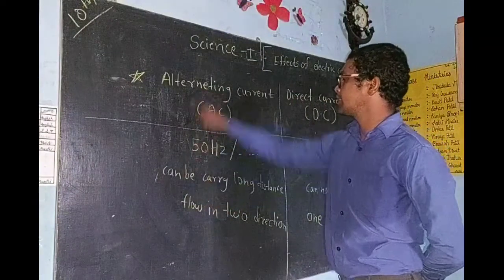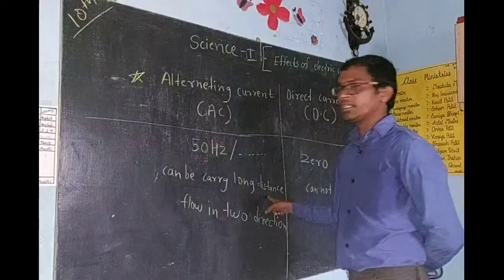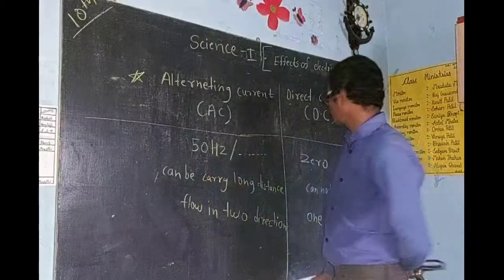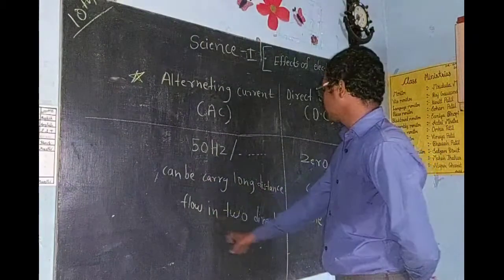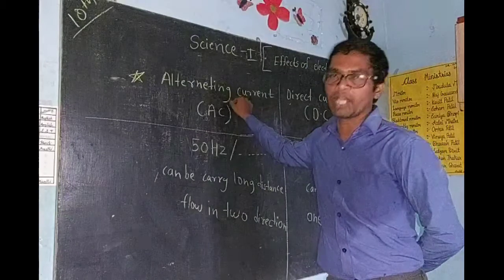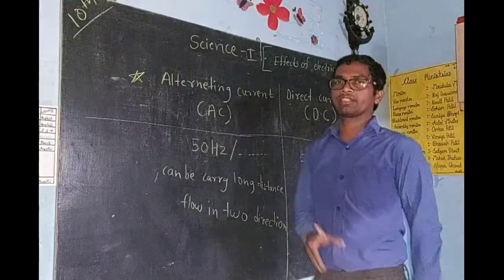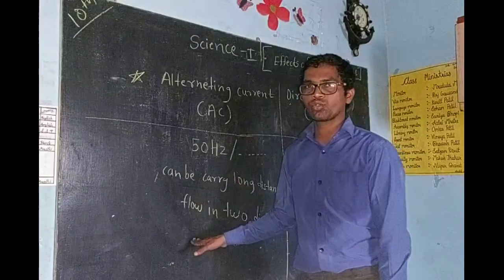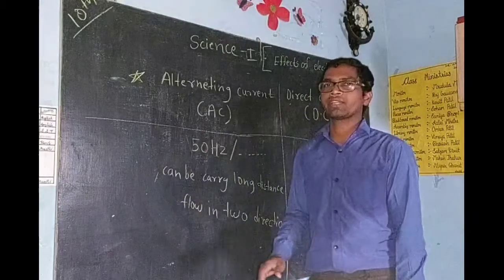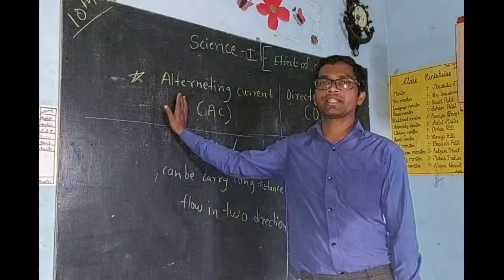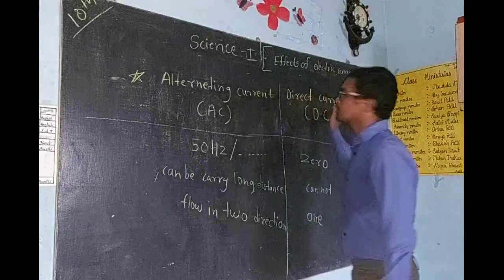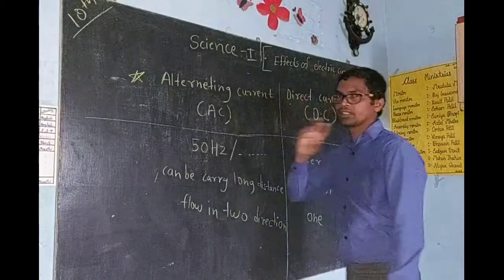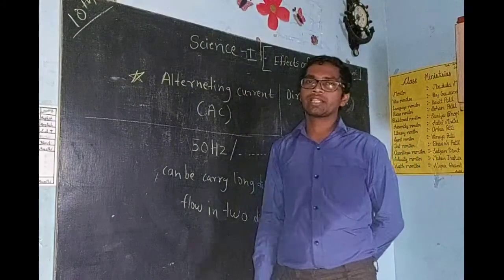Alternating current can be carried a long distance easily, but direct current we cannot carry a long distance easily. It loses its energy. Alternating current always flows in two directions, but direct current flows in only one direction. And among the different points I have told, alternating current we cannot store, but direct current we can store in batteries and all. To generate alternating current we use a generator that we call an AC generator, and DC generators are also there. AC generators generate alternating current. A DC generator has a slightly different mechanism and we can generate DC current.